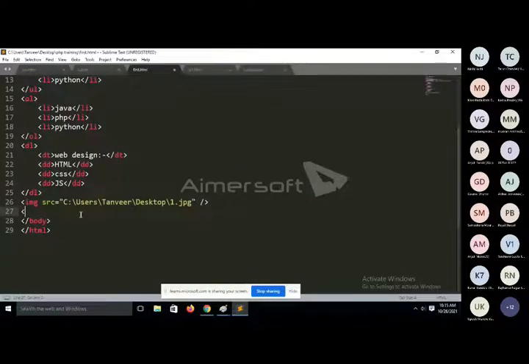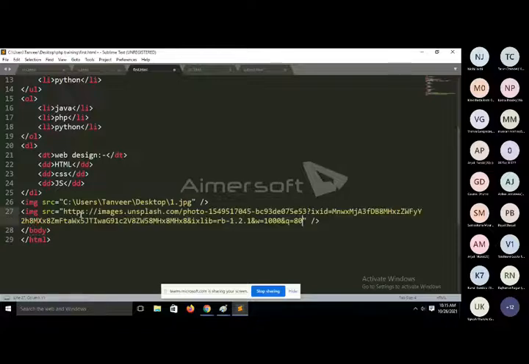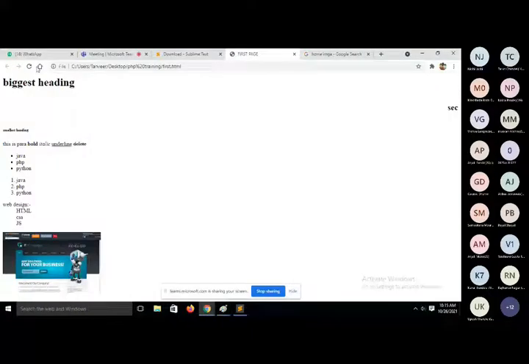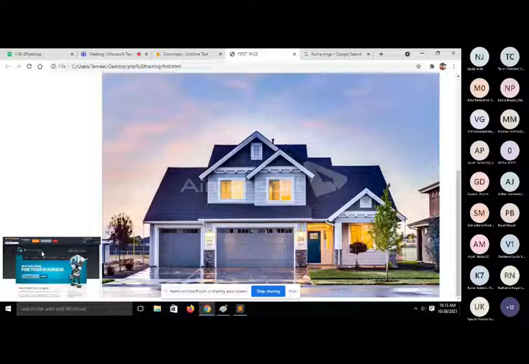Either you can use an image from your computer, or you can take an image from a live URL. It is known as a live URL. You can put a URL here. See, both images are displayed, but the problem is that this image is smaller in size as compared to this image.